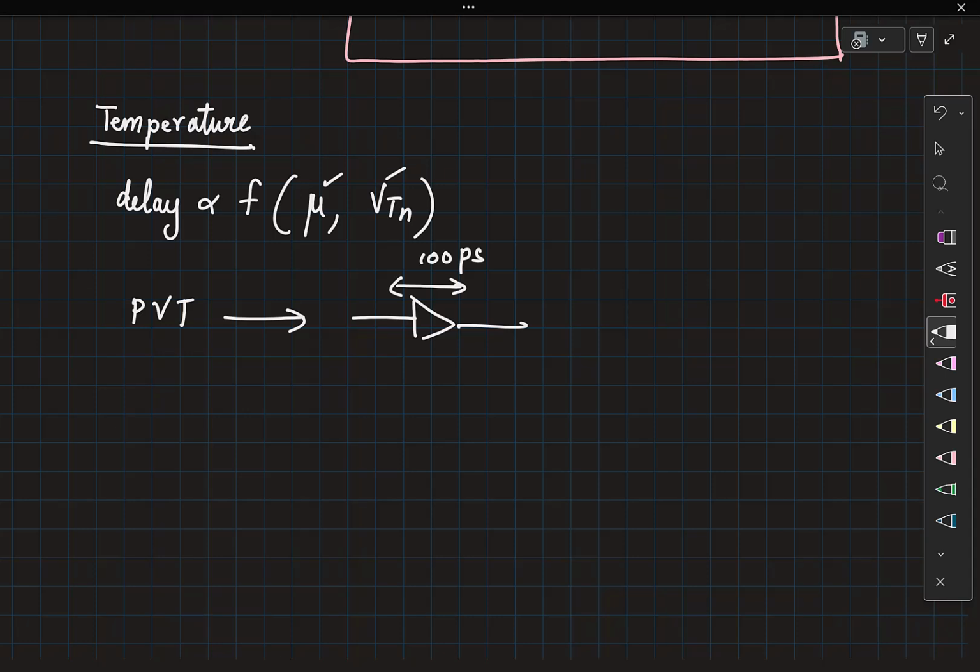If we had a buffer with 100 picosecond delay, we know how to build a TDC, right? But we don't have a buffer with 100 picosecond delay. We have to now figure out a way to achieve this. Typically, when we want to match something to a particular quantity, what do we do? You compare. You take an ideal quantity that can give you this value and then you compare. So now we want a buffer with 100 picosecond delay. We are looking at a time quantity, right? How can you get a reference time quantity?